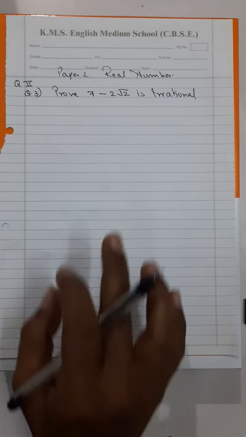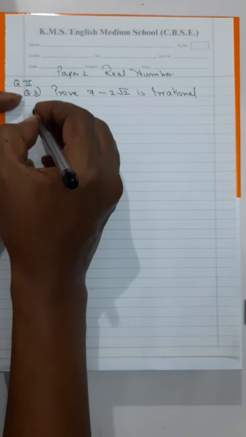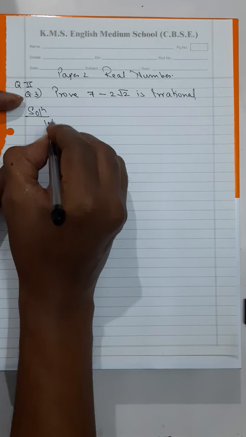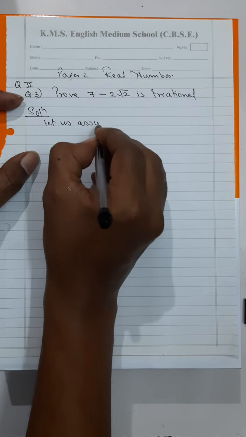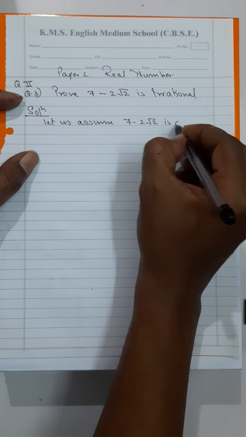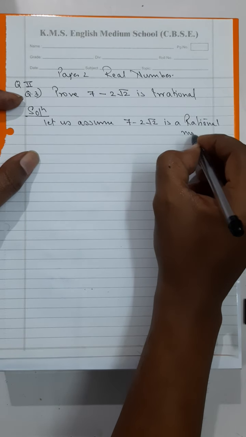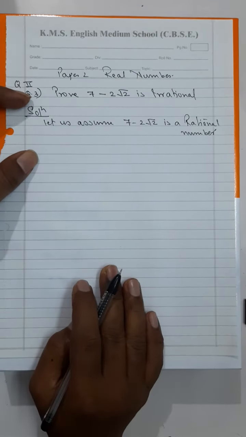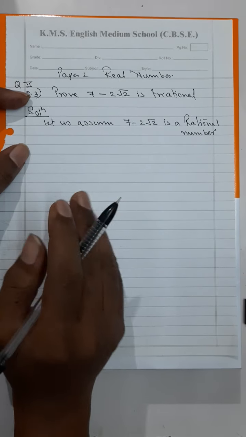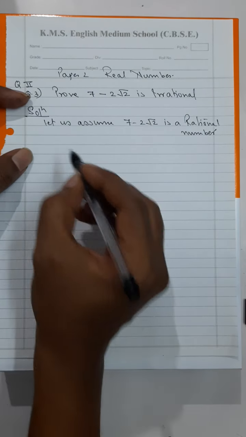So now coming over here, for those mistakes I have to explain this. Now here, solution: let us assume 7 minus 2 root 2 is a rational number. So I come back over here. Many of you have understood this, but many of you have lost your marks in this question. So here we will say, therefore